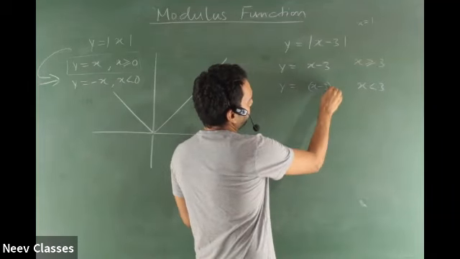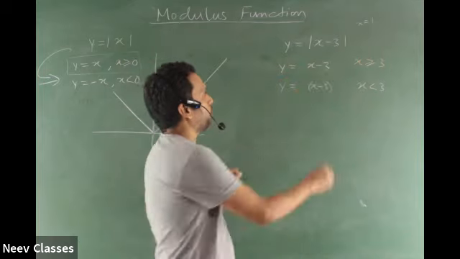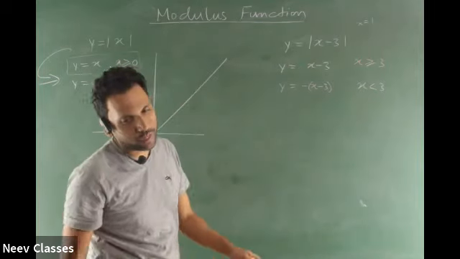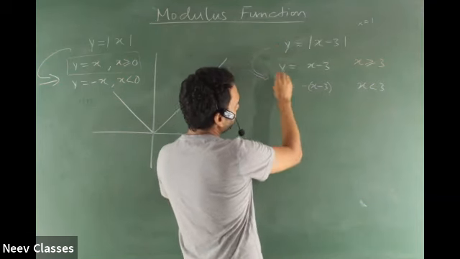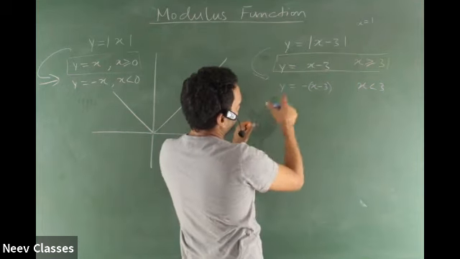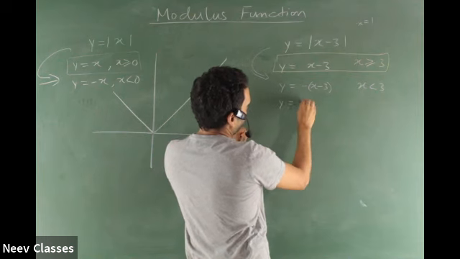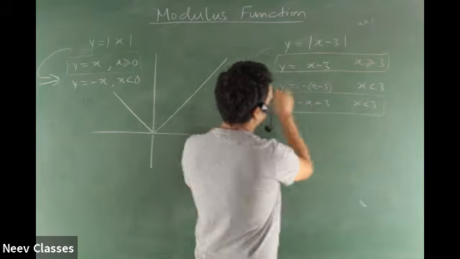If it is less than 3, I know that x minus 3 is going to be negative, right? I know x minus 3 will be a negative value. Hence, mod will do what to it? Mod will do a minus of that thing to it to make it positive, right? So this is as good as these two functions. Y is equal to x minus 3, and if I write it in an opened up manner, minus x plus 3, for x less than 3. These two functions, right?